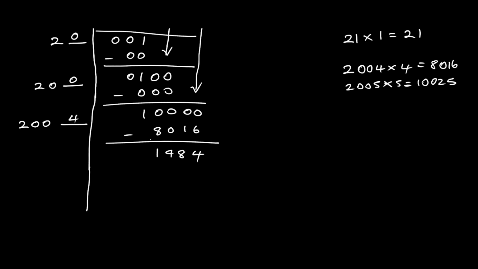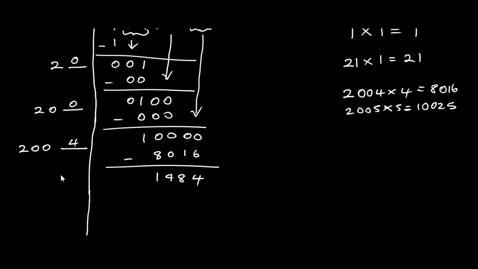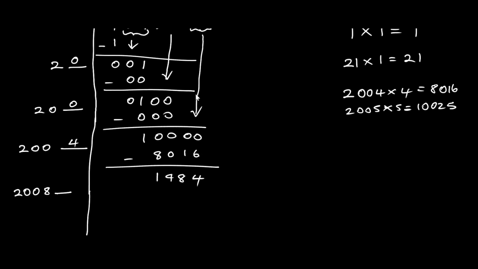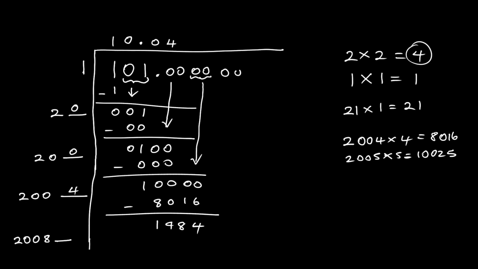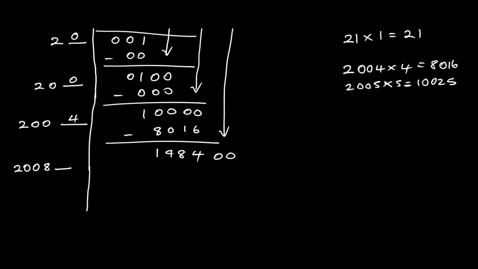Now, seeing that we had 4 as our value here, we would need to add the 4 to the 2004, and we would get 20,080 something. So we would actually need to add 2 more zeros again. So this is quite tedious, but it is a procedural way in calculating square roots without using calculators. So 20,080 something, we would need to find a value here which we could multiply that is less than